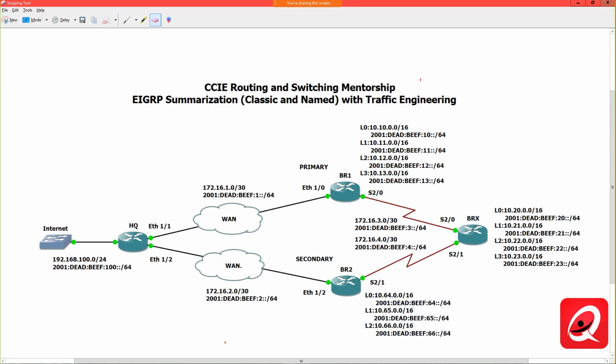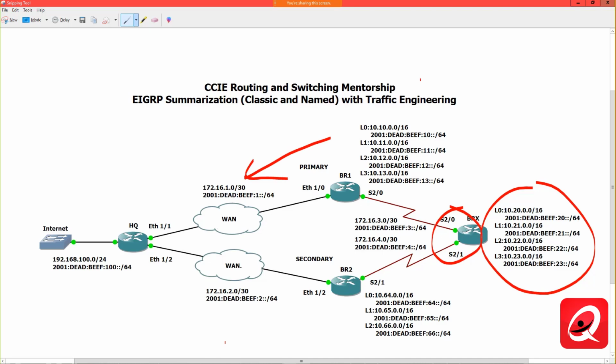I don't really need to do it. I guess I can just talk about the concept here. If I summarize these loopbacks on BR1, normally I would summarize them obviously on BRX, but if I didn't and I summarized them on BR1 going out this direction, and this path happens to be the best path for those destinations,